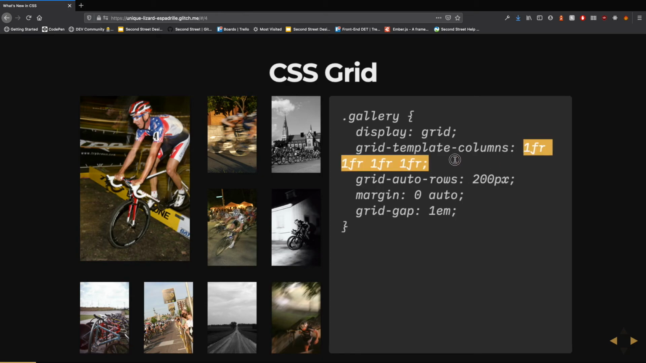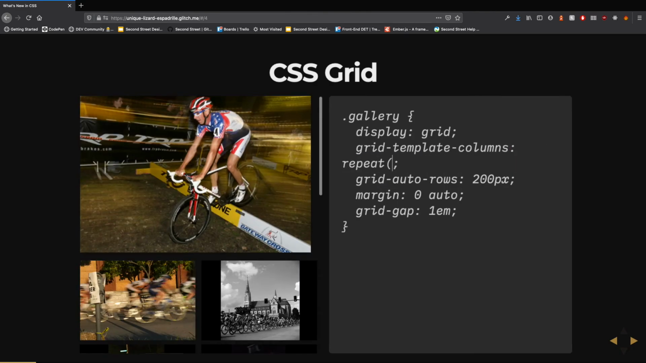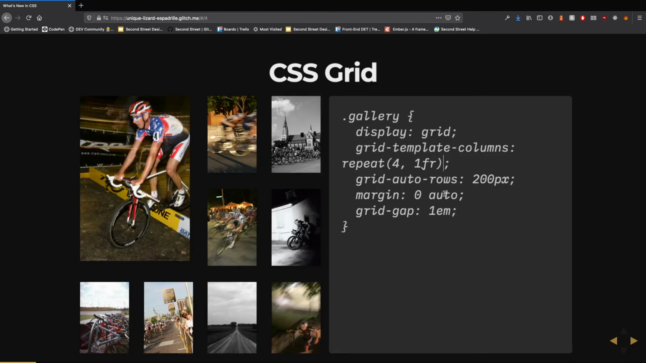We can shorthand this using the repeat function. So we could say repeat 4, 1FR, and that's going to effectively give us the same thing as we just saw. So we're repeating 4 columns, each with a size of 1FR. And the FR unit of measurement is new, and it came with CSS Grid. It's kind of hard to explain exactly what that means, but I think of it as being short